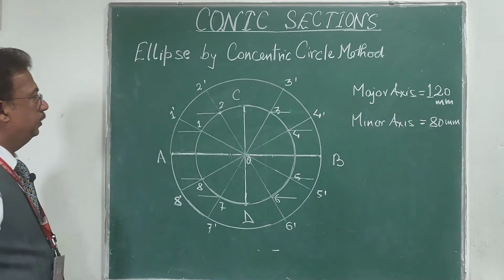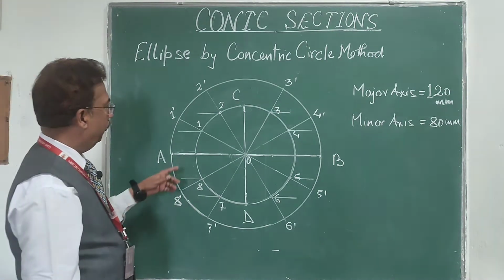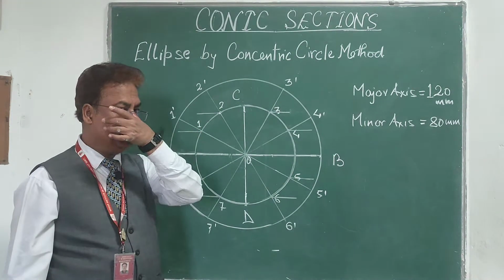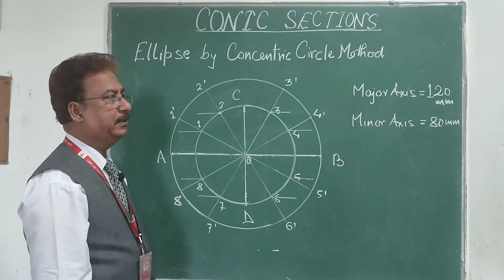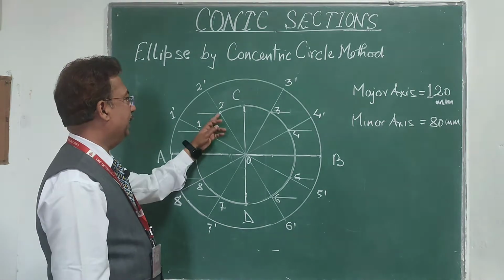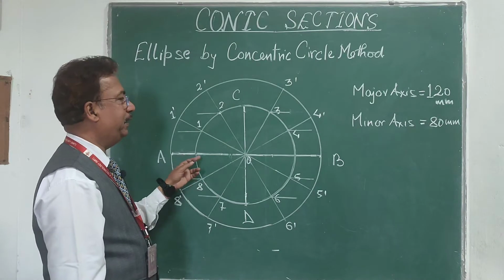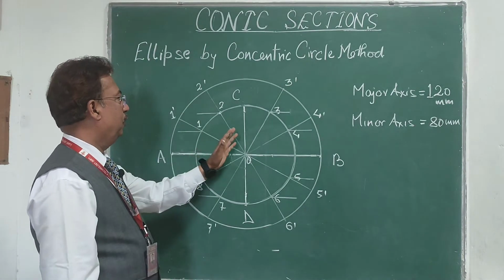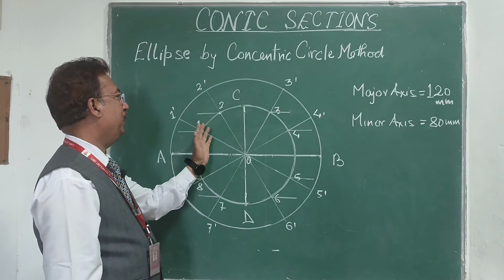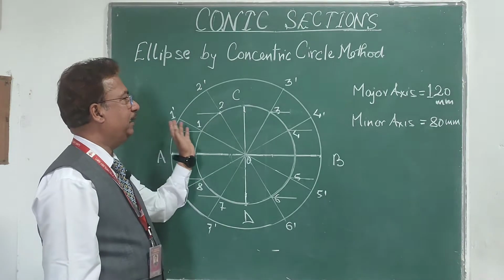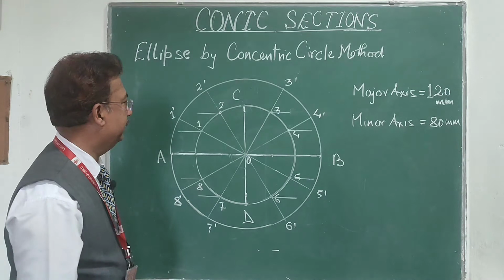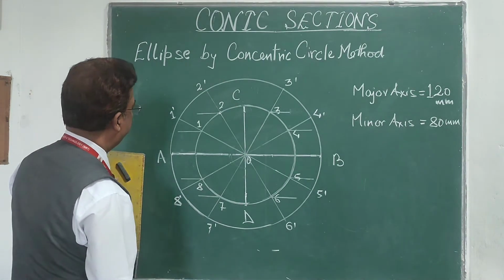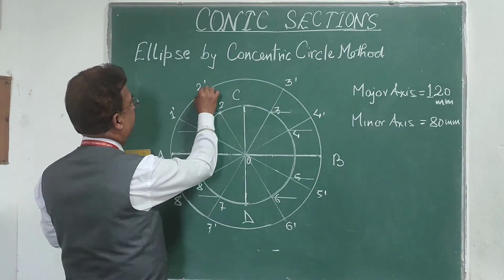So again look, what I have done, from all those points 1, 2, 3, 4, 5, 6, 7, 8 which are in the smaller circle, that is the minor axis circle, I have drawn a line parallel to the major axis. So on the left side, points I will move towards left, and from the right side points I will move towards the right. After that, what I am going to do, from these points, that is 1 dash, 2 dash,